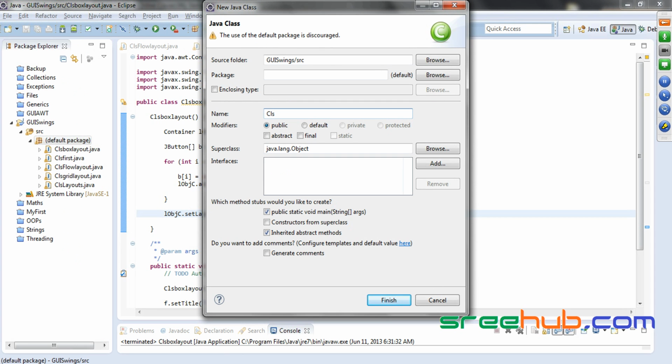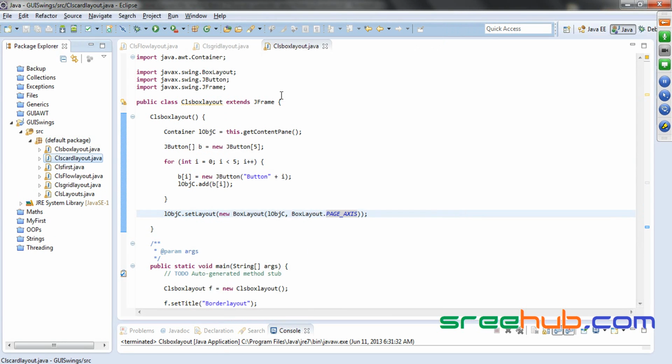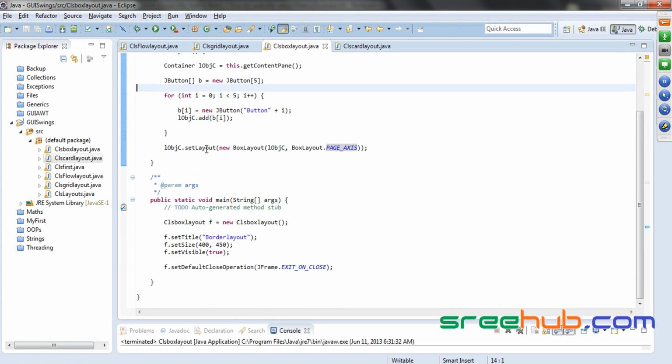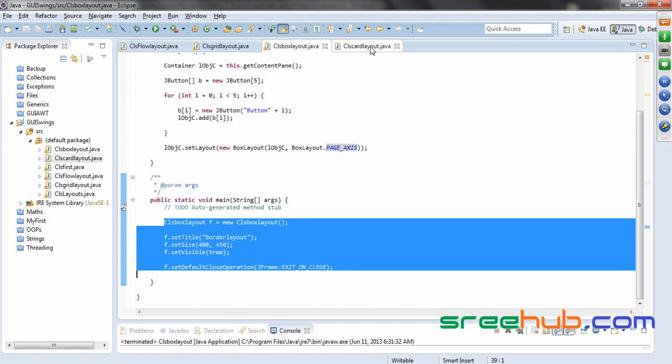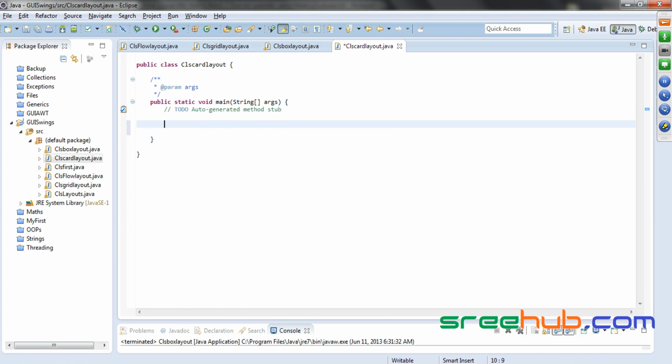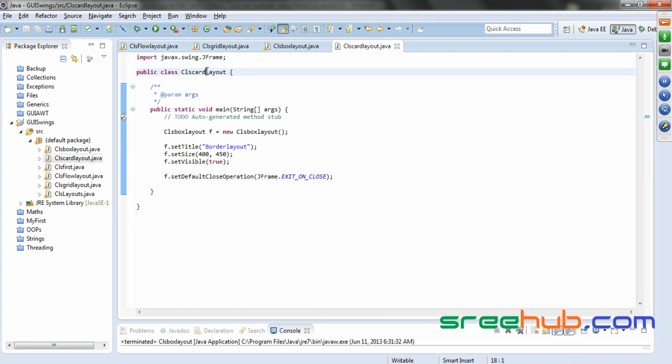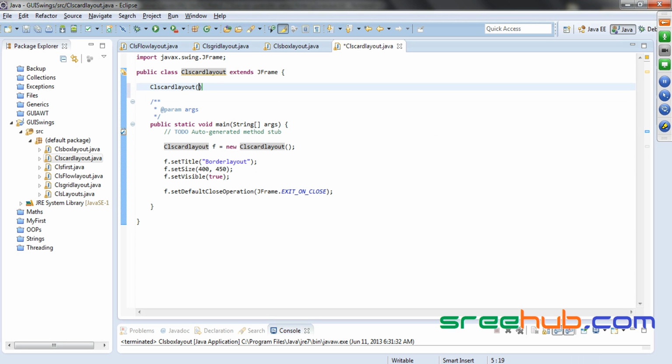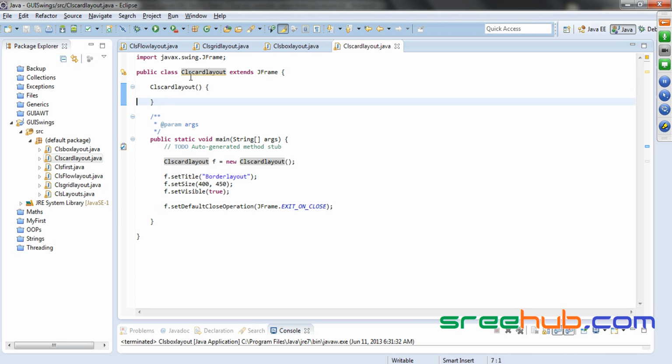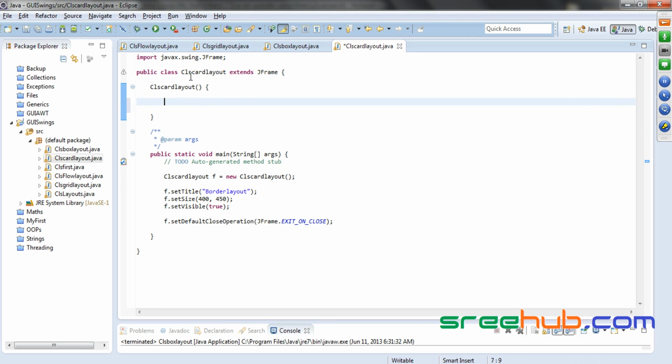CLS card layout, right? So let us make this direct and let's take out this card layout here. Now this is something which is a JFrame. We have to extend this class to JFrame, right? And then let's take up the constructor here. So in this constructor, what we can do is actually